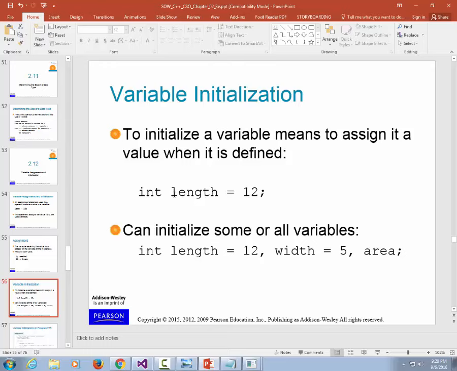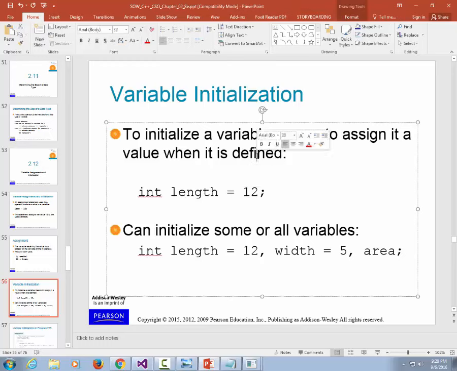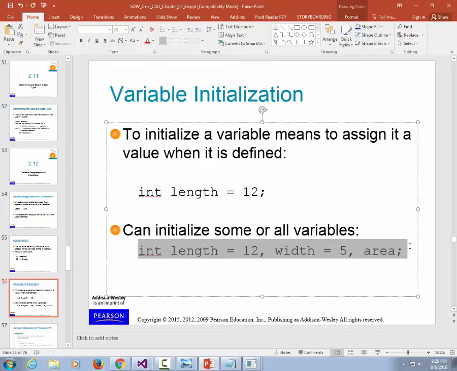You can define multiple variables on the same line as long as they are all of the same type. Here we have a variable called length, one called width, and one called area. They are all declared on the same line. We could have done that with our name variables. We could have done this: string name, comma, address, comma, phone number. Char first, comma, last, comma, middle. Whatever. I put them in a different order,